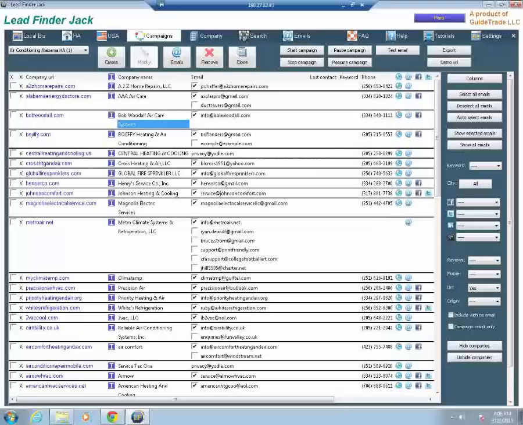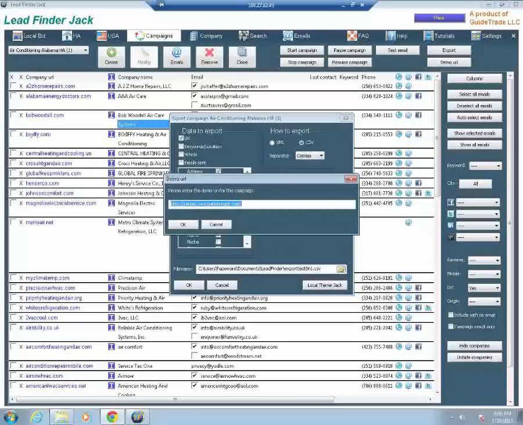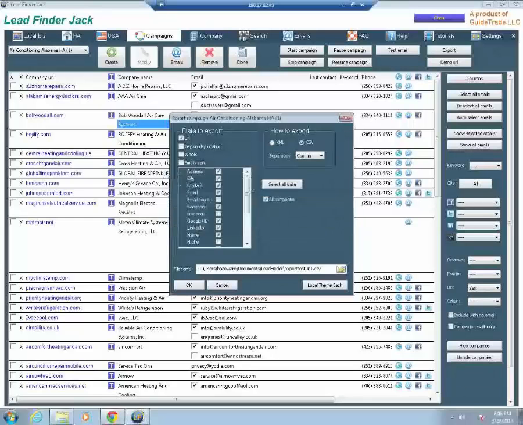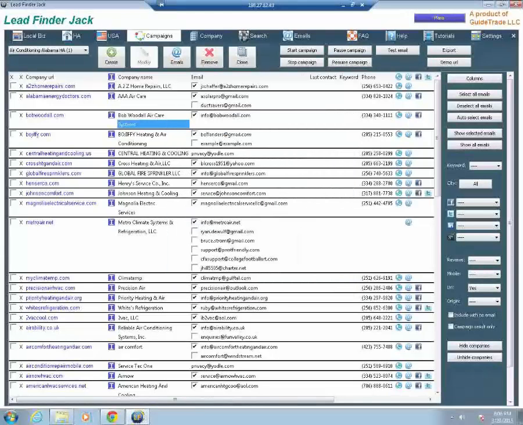Then of course, what you need on your website, you're going to export it. There's what it looks like. You're going to check that. It should be what you chose already. If not, enter it here. Tell it OK. Know where you're going to put it here, so that you can find it to export. Click OK. And boom, it's done. It's ready to go. Then you're going to import that back into your SD file, or back into your website under your Sales Dynamite Jack. Then when that's done, you're just simply going to come back to your Lead Finder Jack,